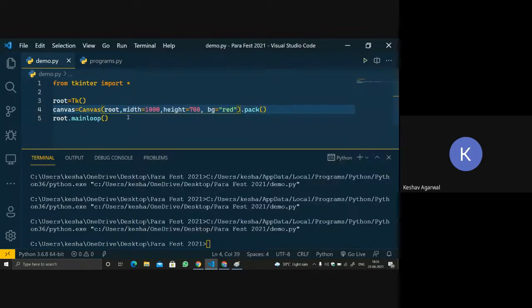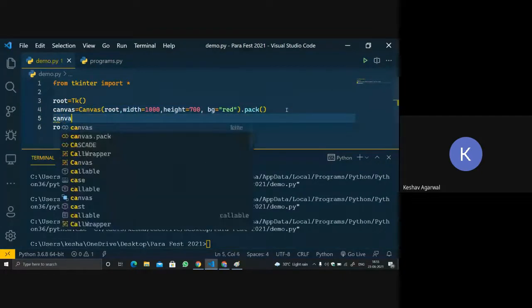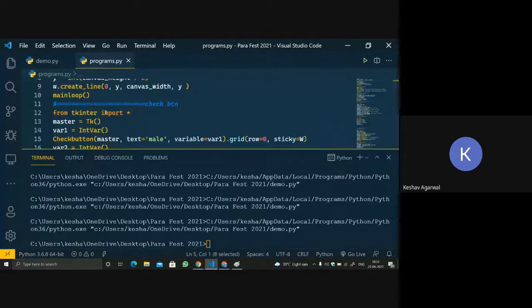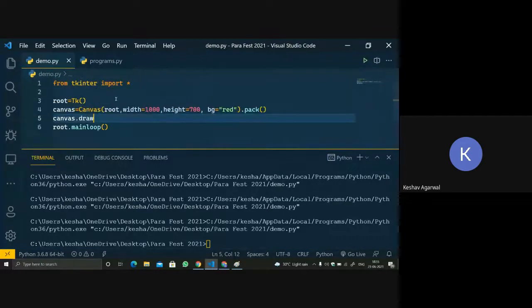Now let's draw something inside the canvas. So canvas dot draw, I guess it's a draw function. We use create, so not draw, we will create. Create underscore line.